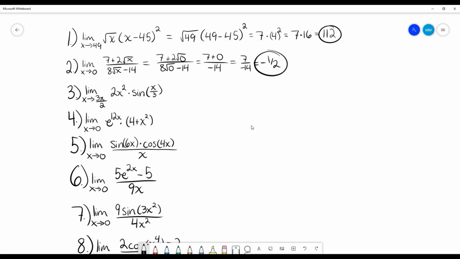Let's try this next one. Again, we're just going to directly substitute that in. So we've got this 3 pi over 2, and we're going to plug that in wherever we see an x. So that turns into a 2 times 3 pi over 2 squared times sine of 3 pi over 2 over 3. And I could rewrite that 3 pi over 2 over 3 as a 3 pi over 2